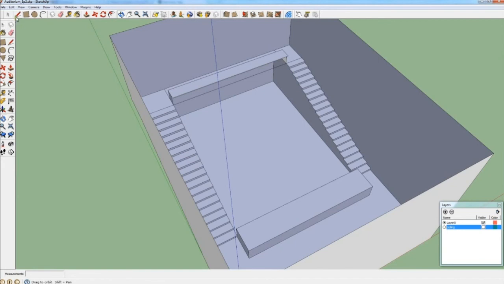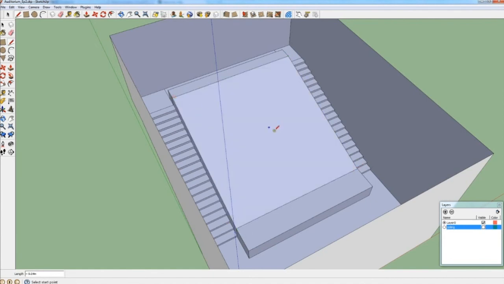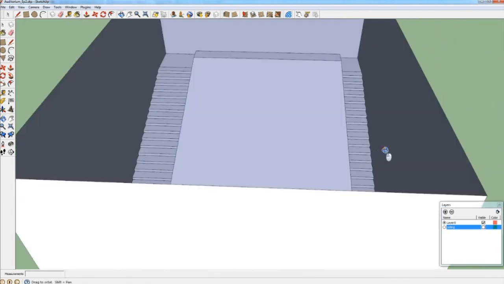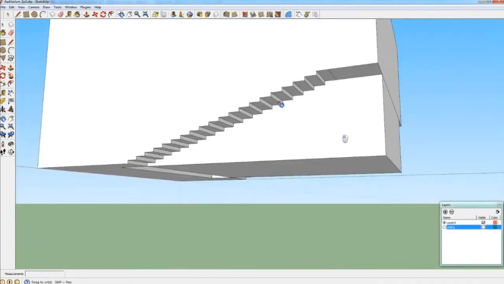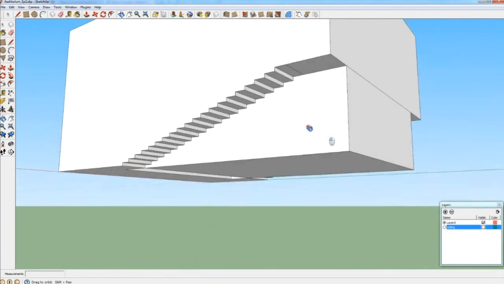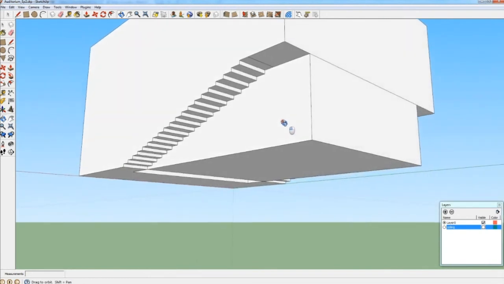And we can finish the geometry of the audience by connecting these endpoints. This is how it looks from the bottom. But we need to delete this part.